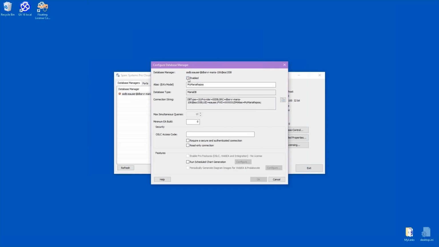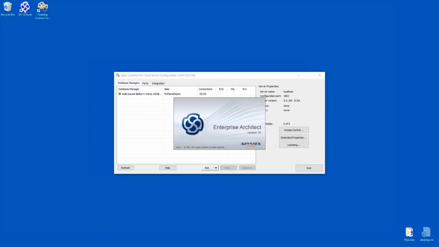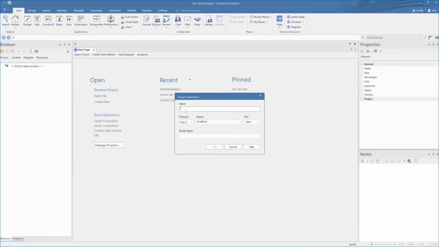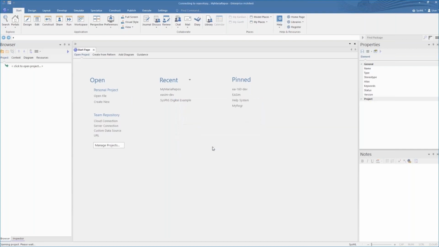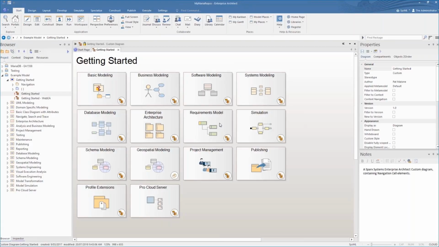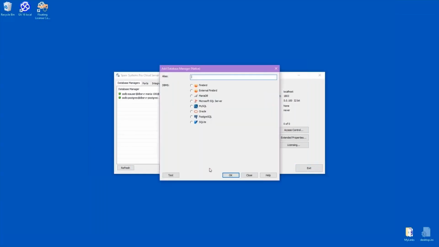Now, the only difference is that we have to open it and we have to enable it so that it can be viewed via the Pro Cloud Server. So now we can hook up to our cloud connection, give it a name. This one happens to just be running on localhost. Once again, use the repository credentials to jump in, and we've now connected to our cloud connection that's based on a MariaDB. So it's really, really easy once you do it.